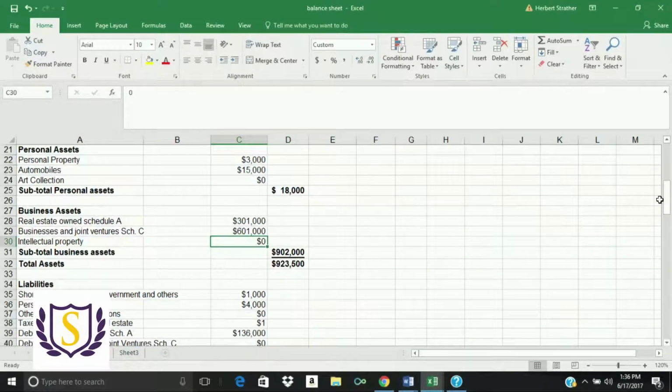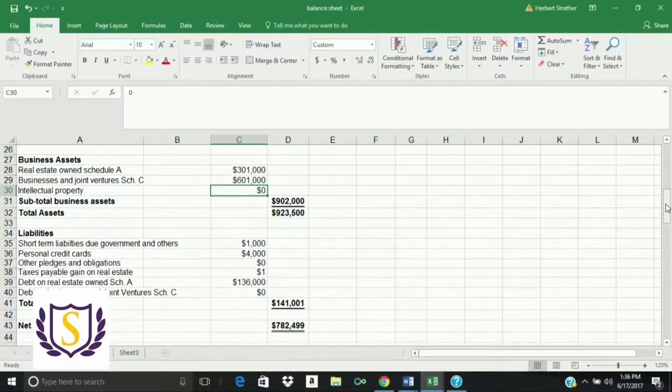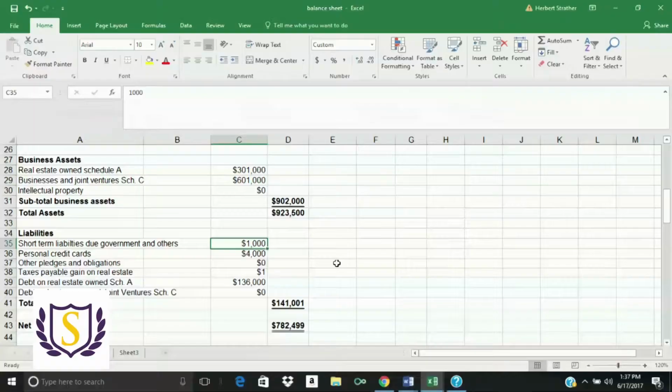So in this case, I had been playing around with some of the numbers, and so you see some numbers, but let's go all the way through as we create this. For practical purposes, the real estate and the business right now, we won't count these as legitimate numbers yet. So you've got short-term liabilities that